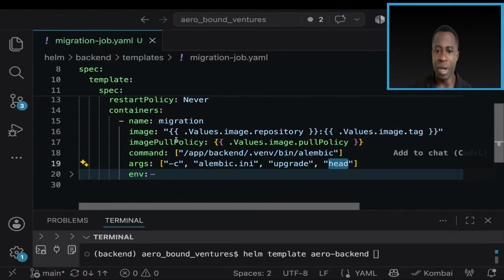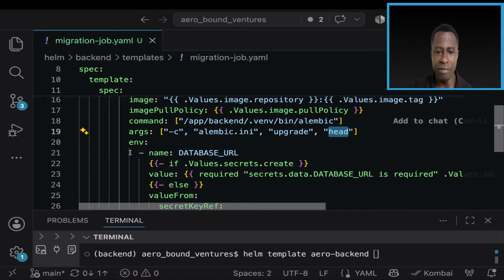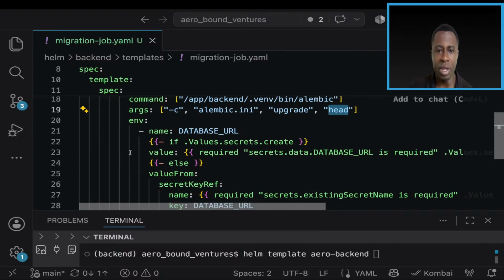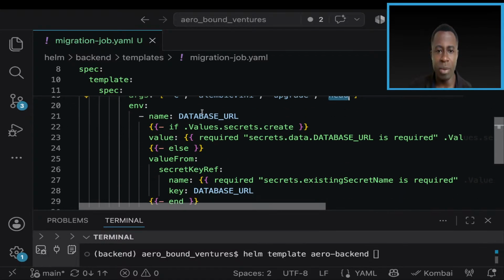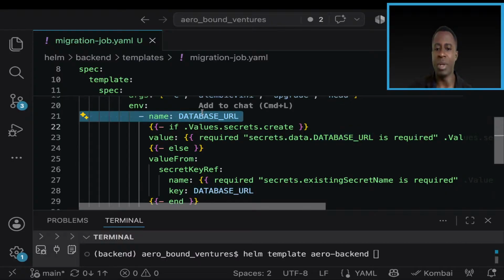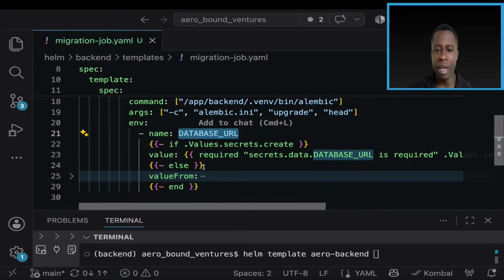Then we can continue. We have here the env, or the environment variables, and we have the only environment variable that we need, which is the database URL. Why? Because we shall need it for applying migrations. Okay, so here it says if